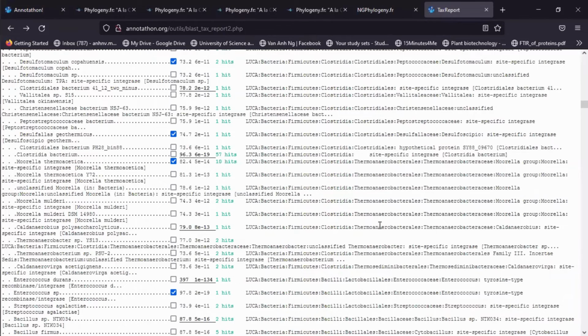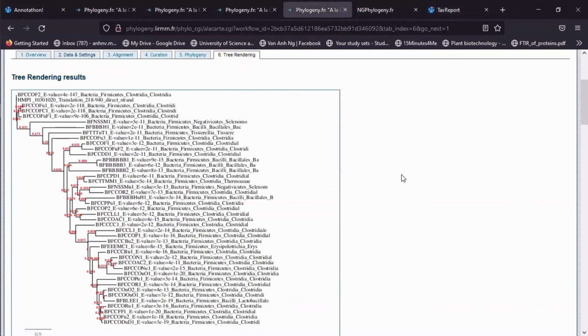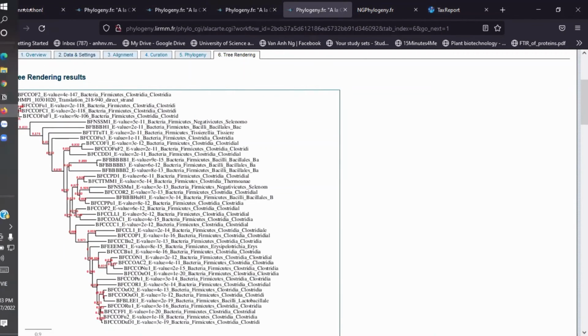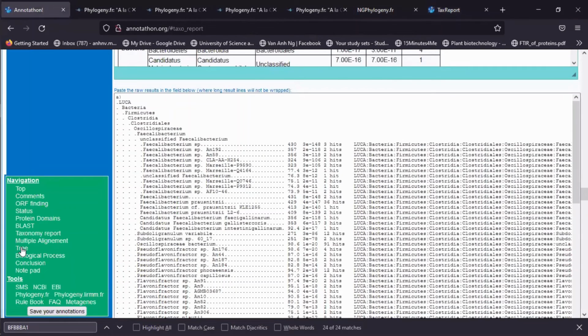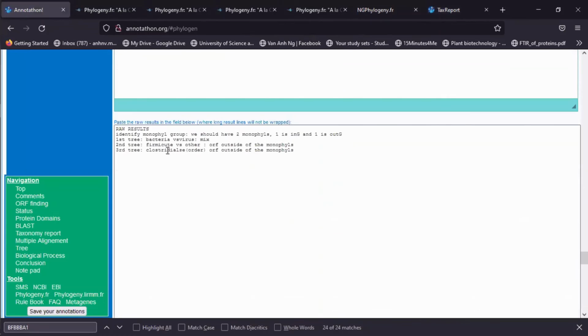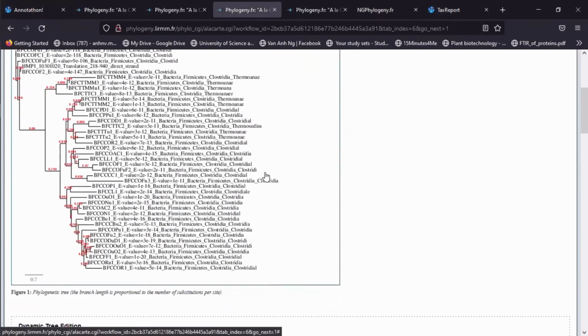As I said before, I tried the order already, and I already have the tree. So I chose what you say. This is the one from the order level. So the order is the tree. And what is the in group here? The in group is the